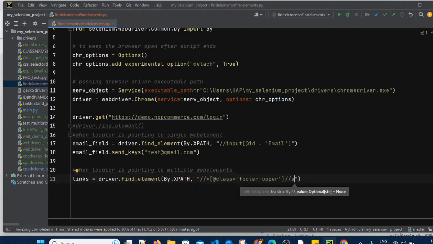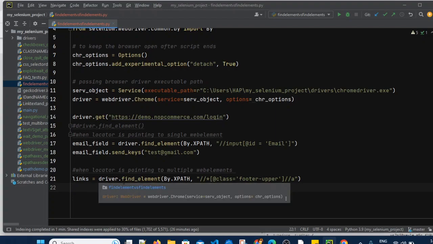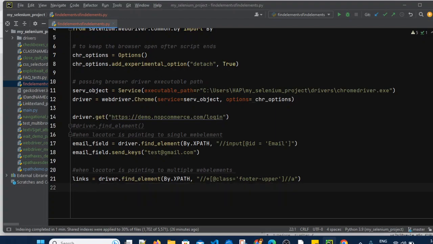Now this locator is pointing to 22 web elements, but we are using driver.findElement. So what will happen? It will return only a single element. Though this locator is pointing to multiple web elements, it will return only the first element out of those 22 elements.